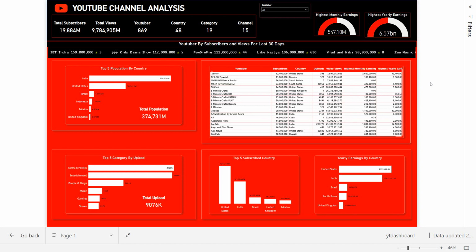top 5 population by country using a clustered bar chart, and a card to display total population. Same clustered bar chart for top 5 category by upload, and a card to display total upload,